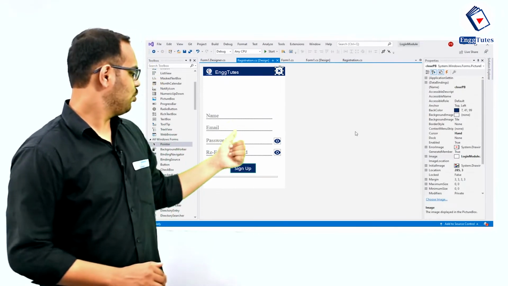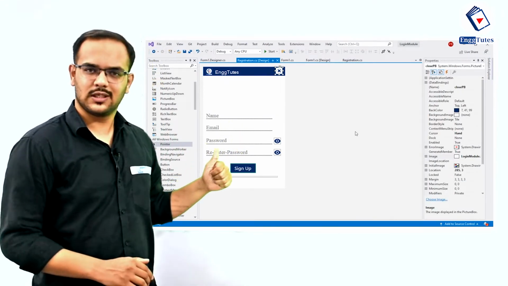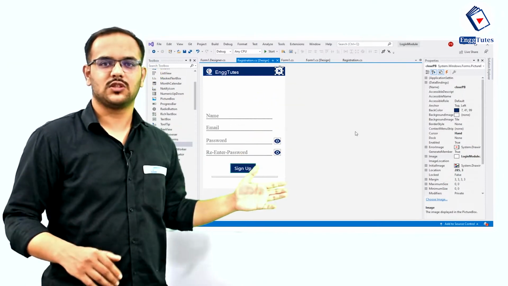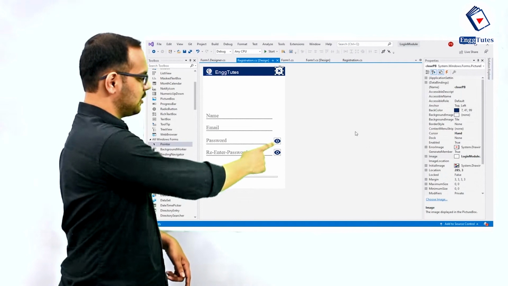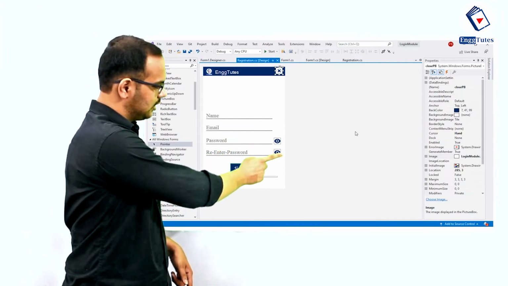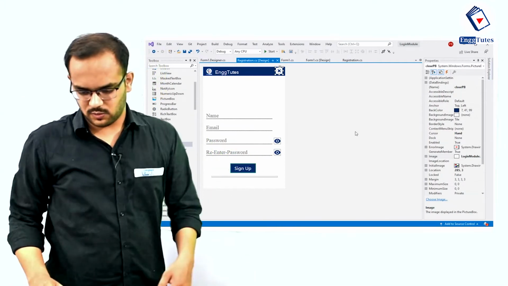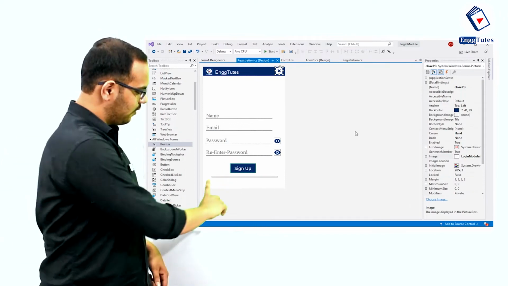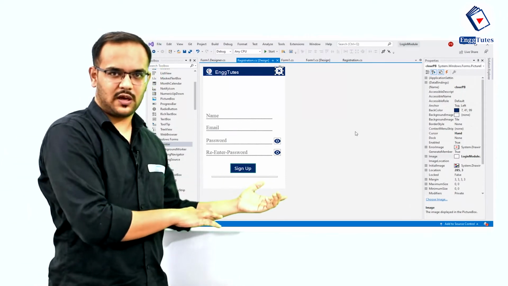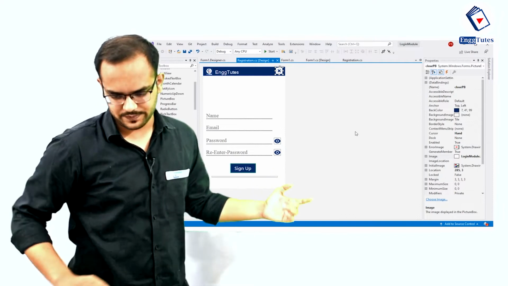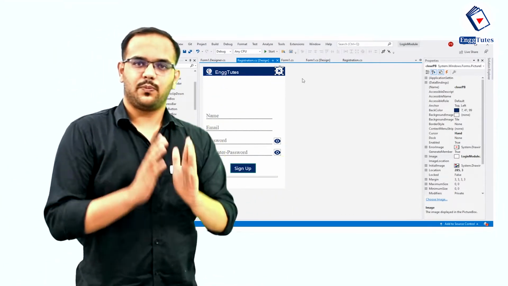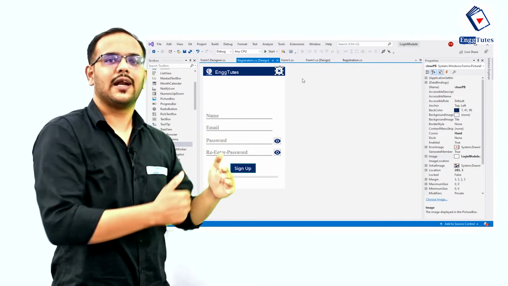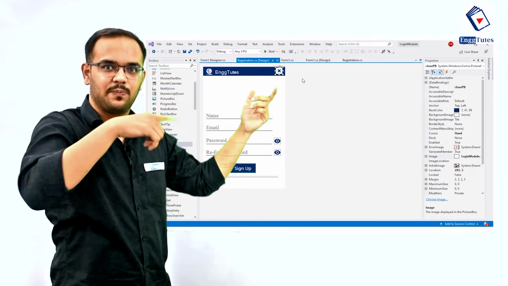We have 1, 2, 3, then 4 text boxes. For all the text boxes we have applied the same thing, the enter and leave events. Then we have 2 images. This one is responsible for this particular text box and this one for that particular text box, and then we have a sign up button and 1 progress bar. I know the progress bar functioning is remaining, we will see it later. And this is nothing but a close button. Now pause the video, do this, and now we will see how we can add that DP over here.